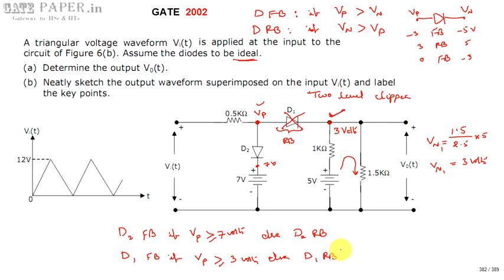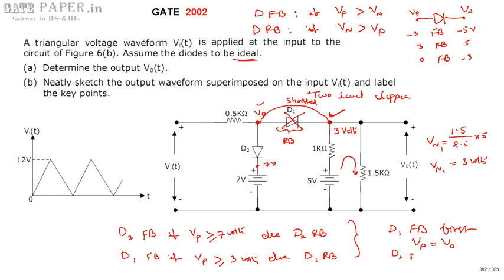So out of these two things, if you observe, D1 will be forward biased first, and V0 is going to be connected to Vp. By that time, the voltage on the P side is nothing but V0. Since forward bias is nothing but acting as a short circuit, these two nodes are going to get shorted. Then V0 of t, the output voltage, will become Vp, the voltage on the P side.